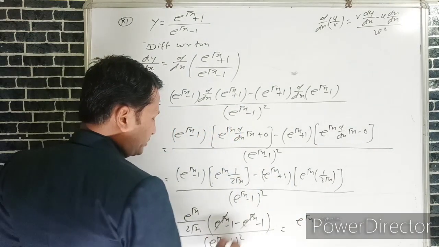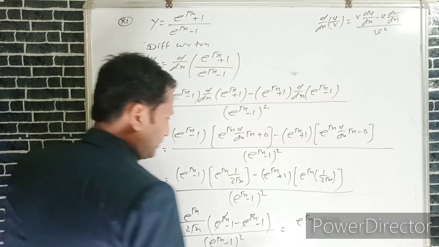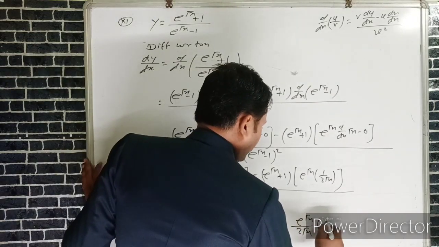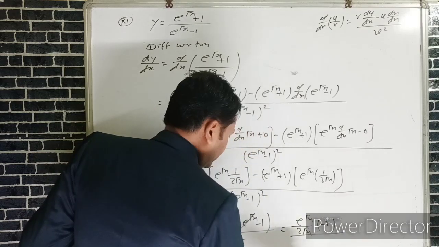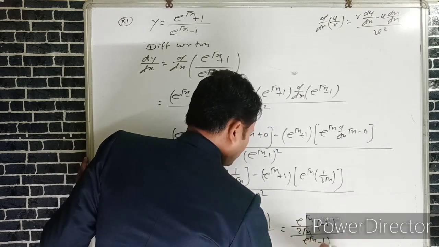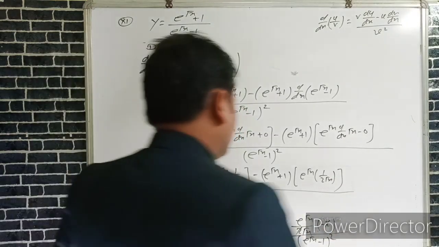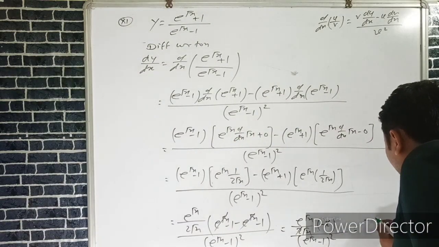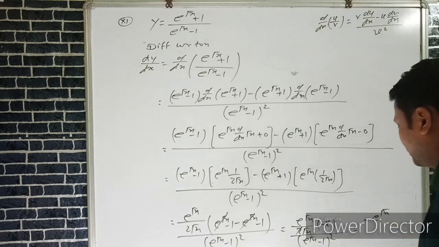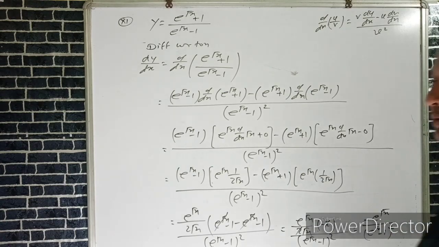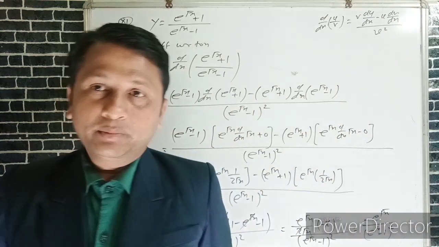After that, we can write it e to the power root x in numerator, plus e to the power root x minus e to the power root x cancel, upon 2 root x into minus 2 upon e to the power root x minus 1 whole bracket square. 2 to cancel. Hence we can write it minus e to the power root x upon e to the power root x minus 1 whole bracket square, which is the required derivative of the given function dy upon